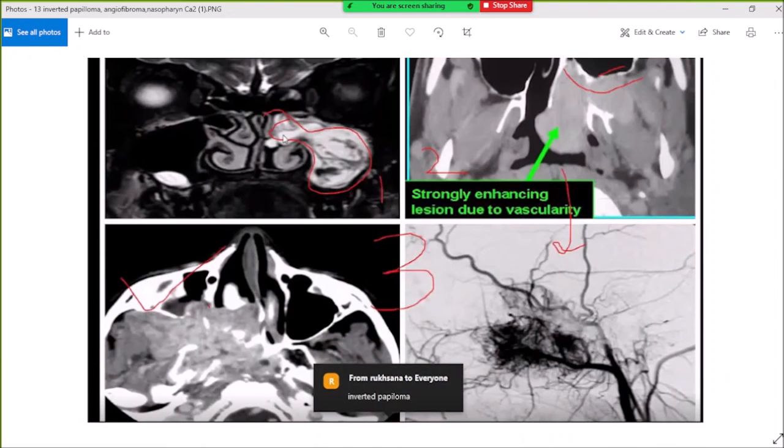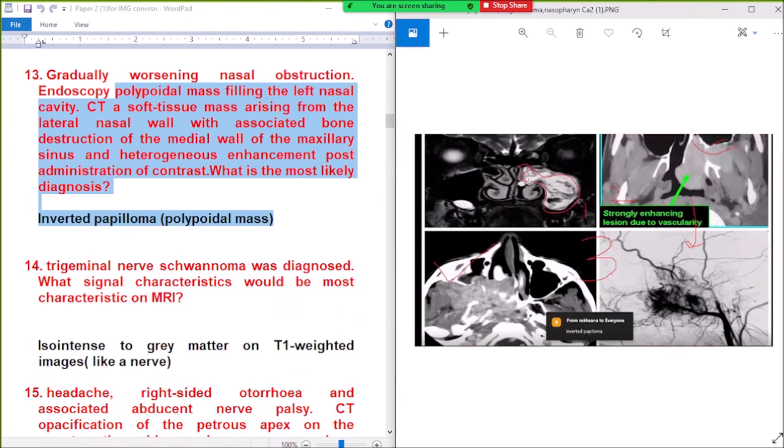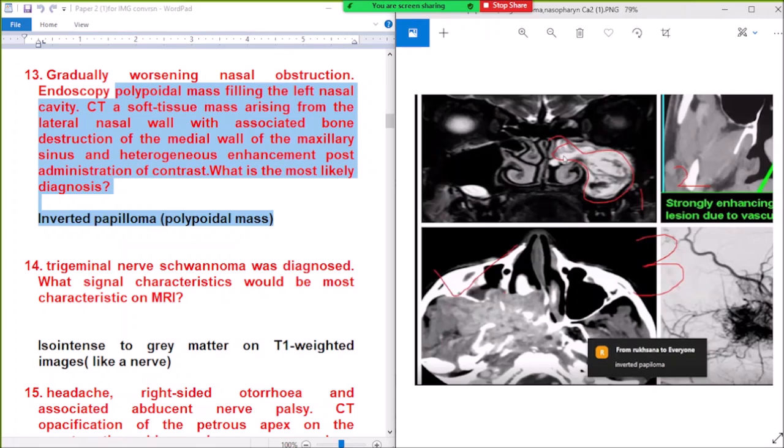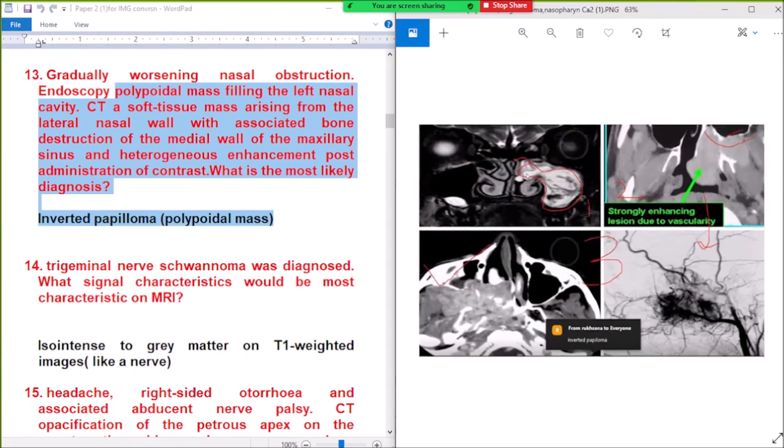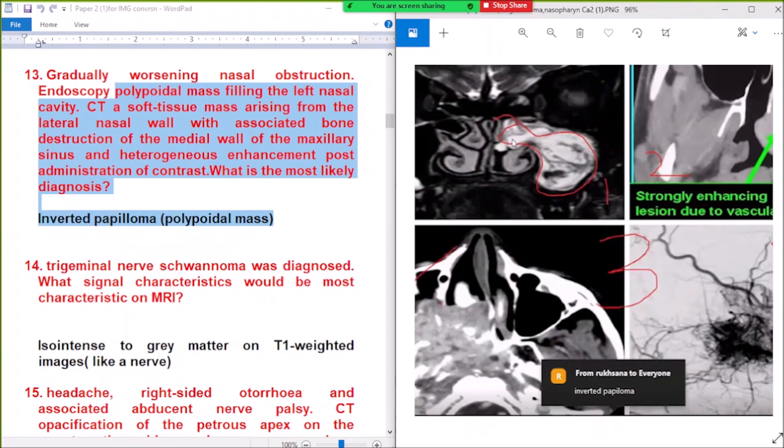This is angiofibroma. We read this yesterday. Strongly enhancing lesion due to vascularity. Now squamous cell carcinoma causes destruction of bones. And this is the vascularity of most likely angiofibroma. Now let's read the MCQ again. Endoscopy shows a polypoidal mass filling the left nasal cavity. CT scan shows a soft tissue mass arising from the lateral nasal wall with associated bone destruction of the medial wall of the